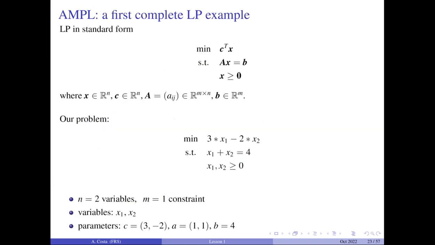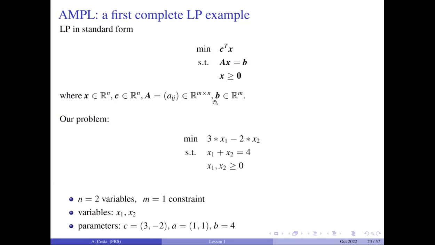Let's do now the example that we described earlier. Let's create the full AMPL file. So the first thing, as I said, is to create the model, right? And this is the theoretical model that we have seen, the linear programming model, if you remember, minimize C transpose X subject to constraint and so on. Our model, the one that we just described, will be something like that. We want to minimize 3x1 minus 2x2. Remember, 3 was the parameter A, and the constraint of our model was x1 plus x2 equal to 4. And the two variables are greater than or equal to 0. So imagine that we want to write in AMPL this model here.